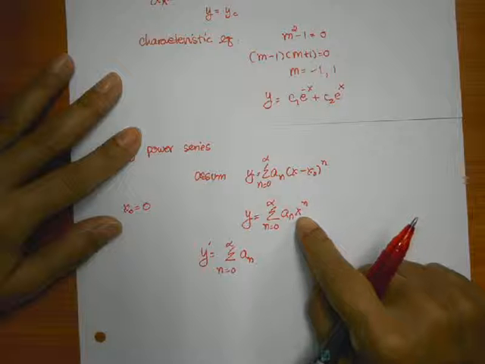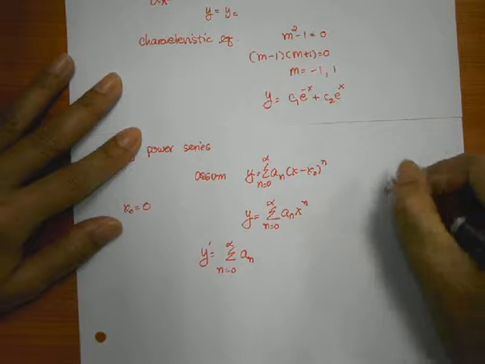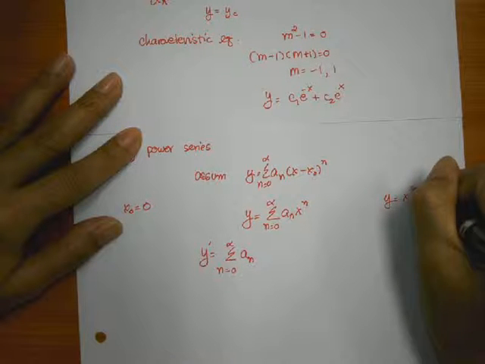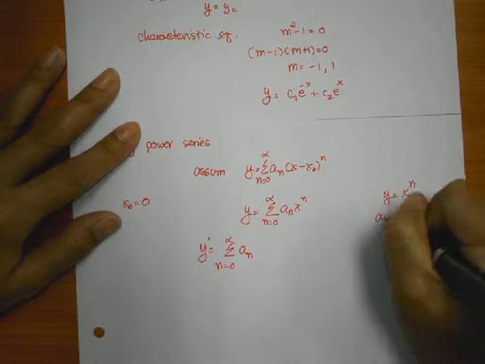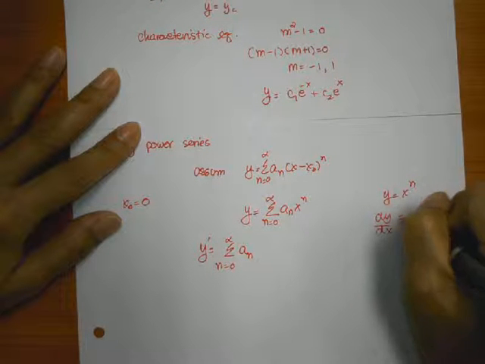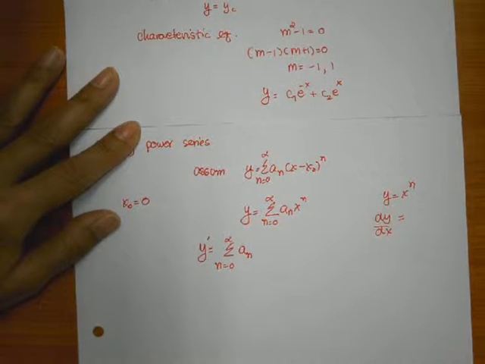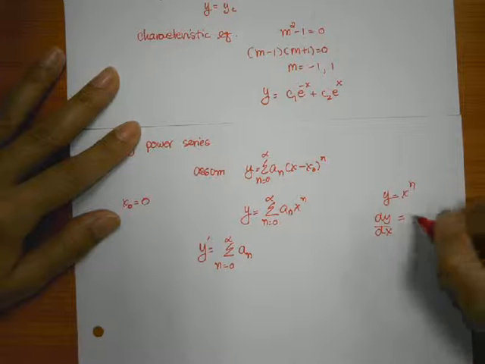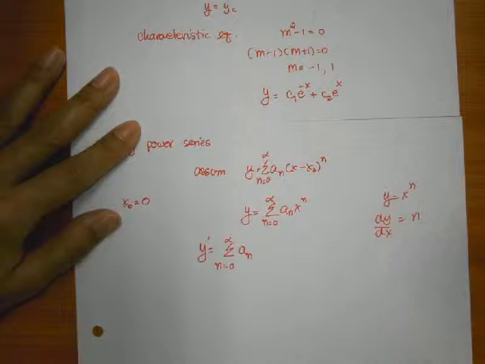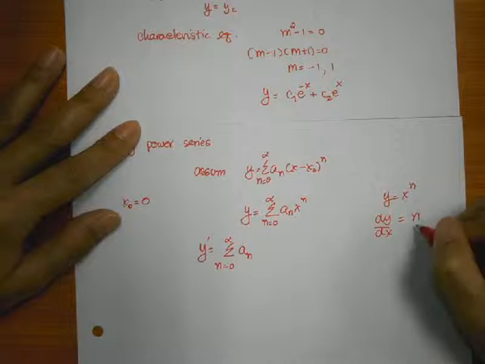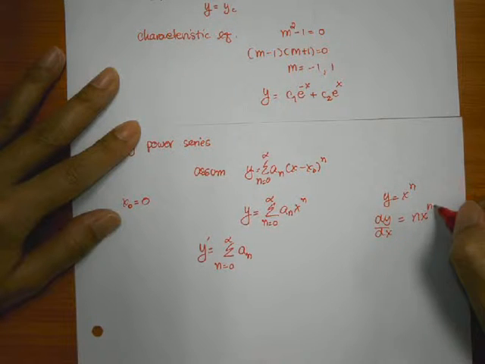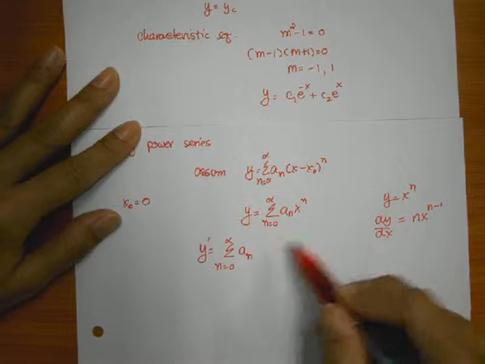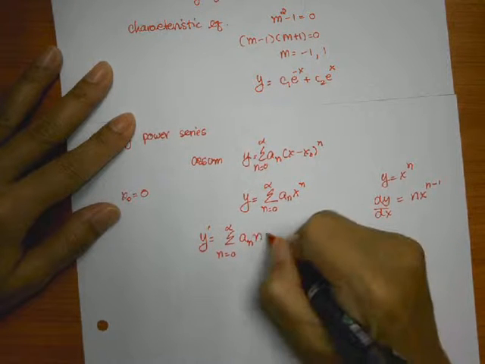How do you do derivative? If I have y is equal to x to the power n, the first derivative of y with respect to x is equal to n times x to the power n minus 1. Then just put it there. You would get n